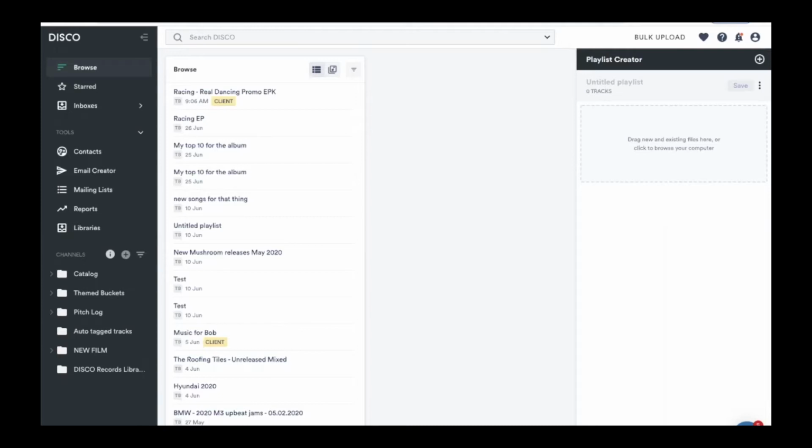Yeah, it's grown tremendously over the years. So we've got a number of users. I think there's around 3,000 companies globally now using Disco. There's an office in the States, in Australia, in the UK, and then we have consultants elsewhere. But essentially we have loads and loads of managers, artists, composers using Disco.